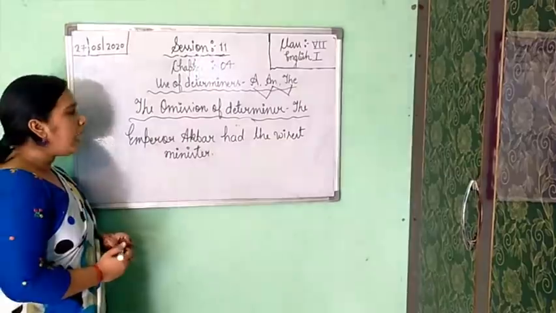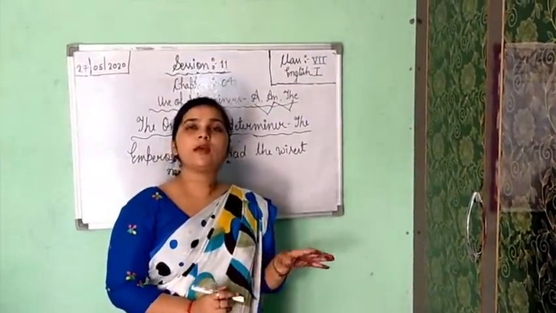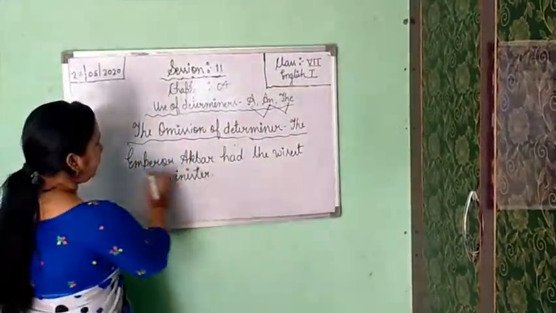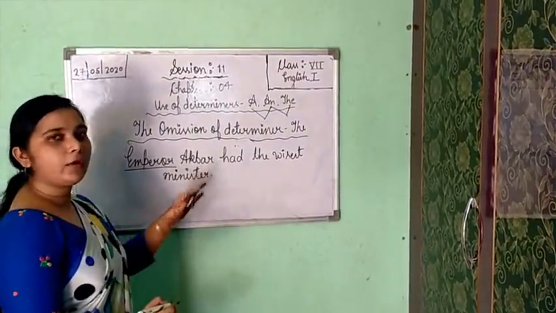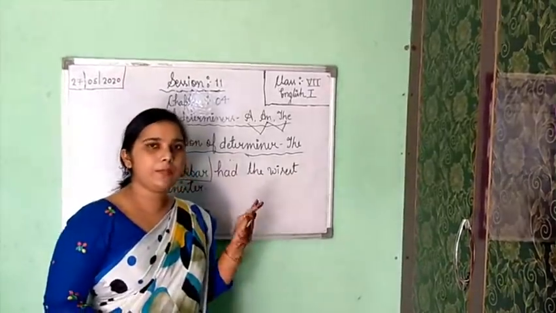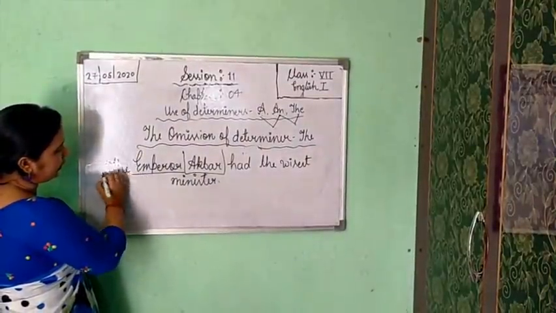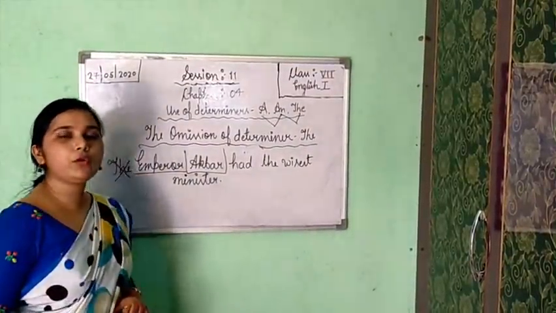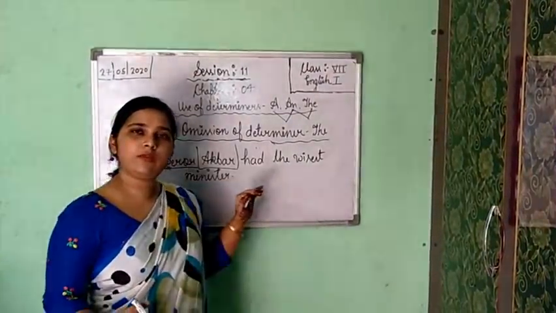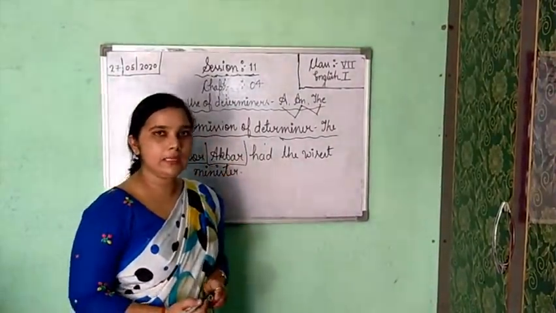Here you can see, as I have told you, before king, queen, emperor, empress, or president, if it is followed by their name, we will not apply the. You got emperor, and it is followed by the name of the emperor. Here in this sentence we are talking about Akbar, a well-known emperor. So if you are writing "the Emperor Akbar," it is wrong. Again we don't have to use the before emperor, king, or queen, in case it is followed by their name.